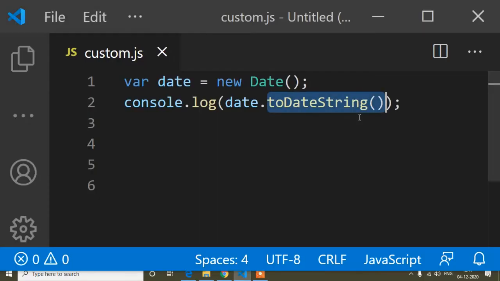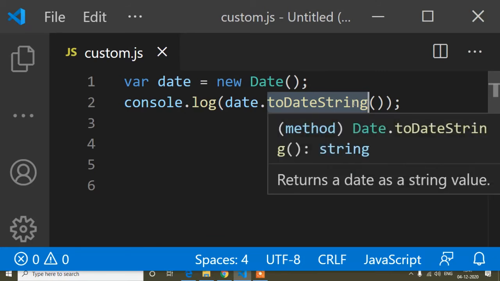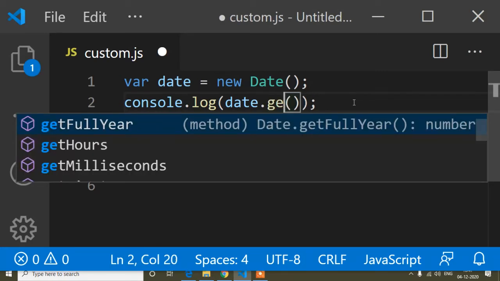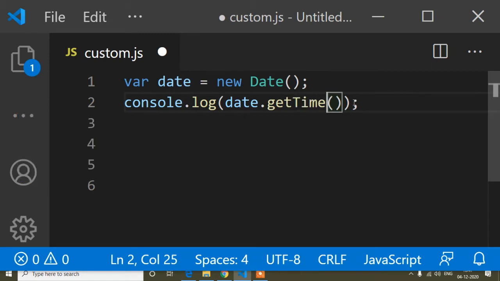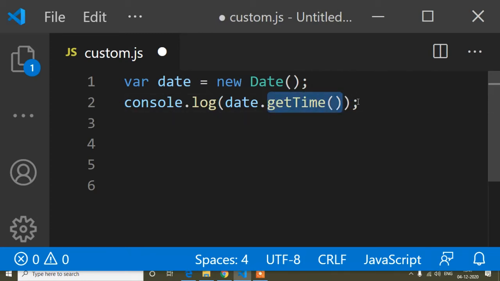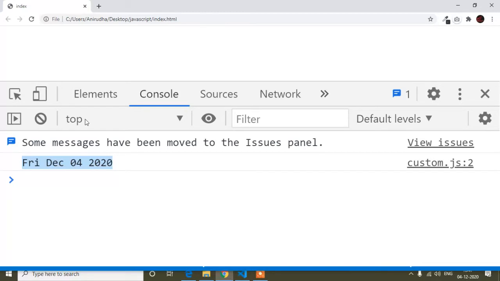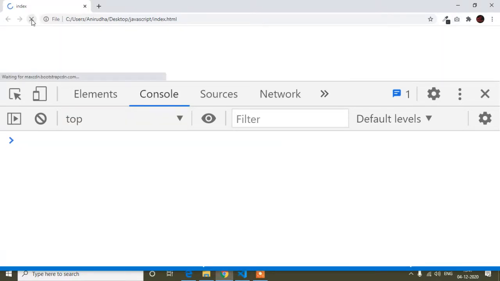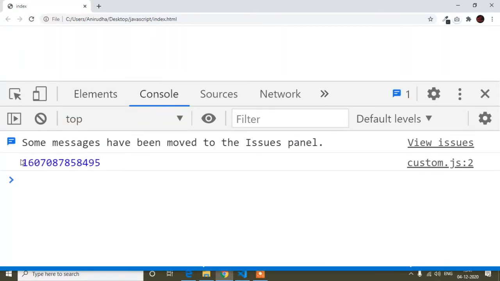And now guys, I will show you another thing: here I will write getTime with parentheses, this method. If we use this method, what will be the output? Let's see. I will refresh here. Here you can see the date is coming this way. So what is this?